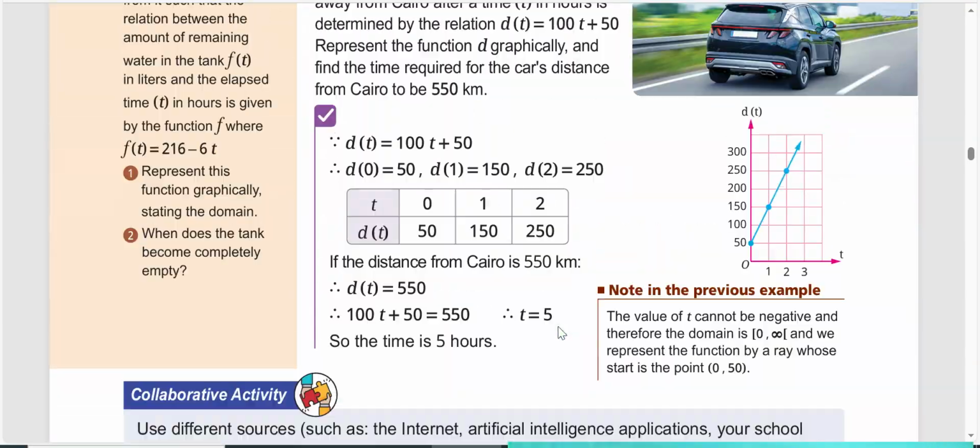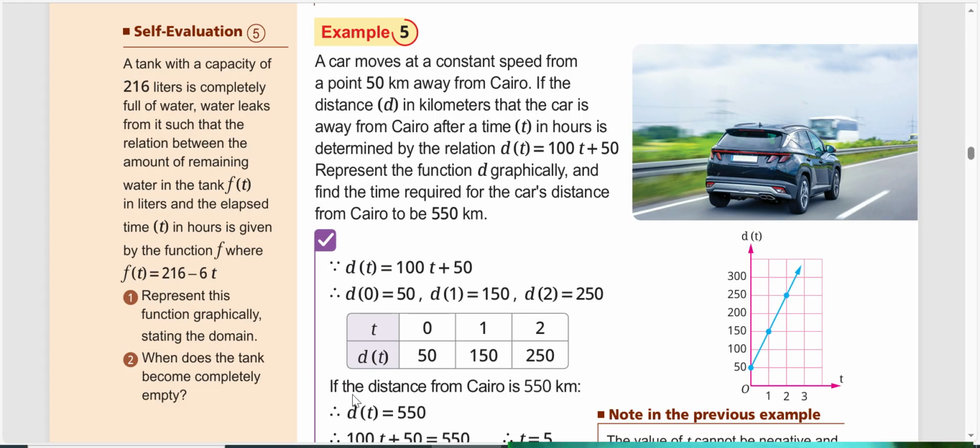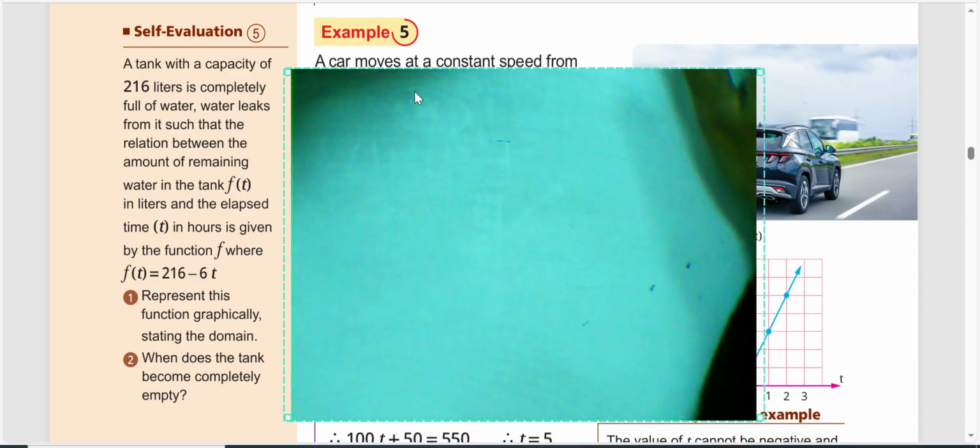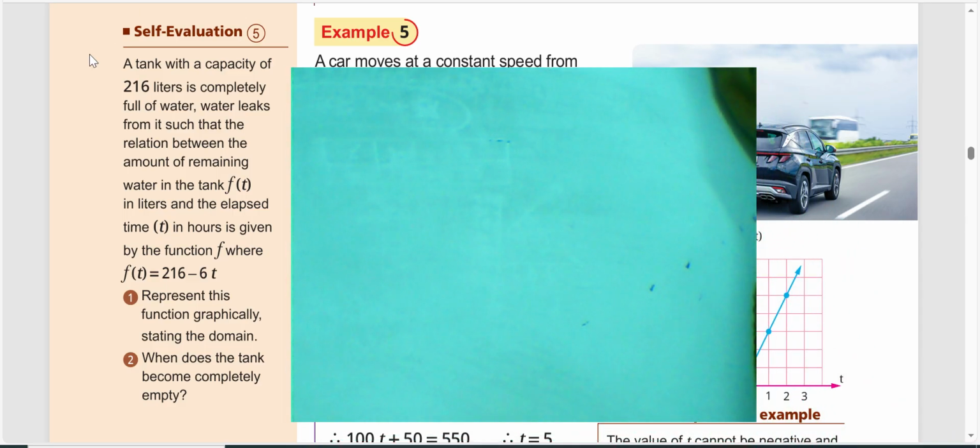We will solve self-evaluation number 5 with you. Okay, look at the left-hand side. A tank with capacity 216 liters is completely full of water. Water leaks from it such that the relation between the amount of remaining water in the tank in liters and elapsed time t. The function f of t was